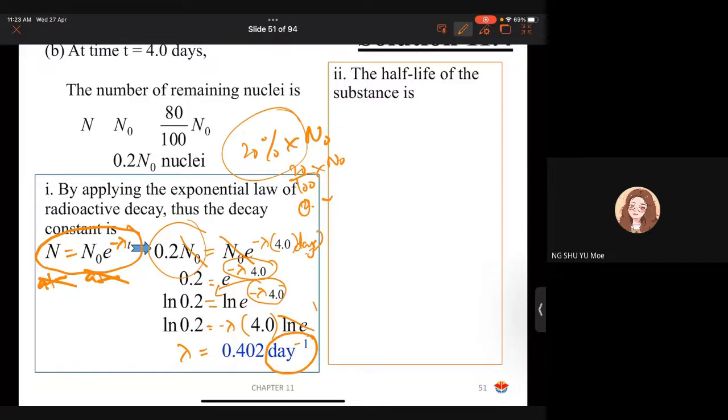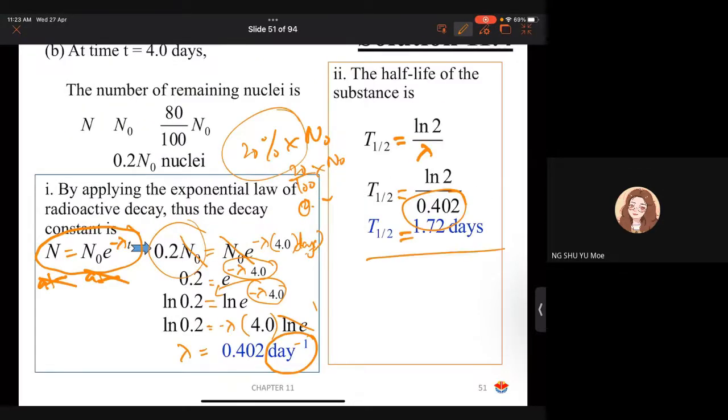Okay. Alright. So T half sama dengan ln 2 over lambda. You dah ada lambda, so you akan dapatlah T half. T half you adalah dalam unit days lah, because you tak change semua tadi. Bila masa nak tukar? Kalau lambda you dalam second tapi time dia bagi dalam years, you kena tukar lah. Tapi kalau semua dalam unit yang sama, you don't have to change.